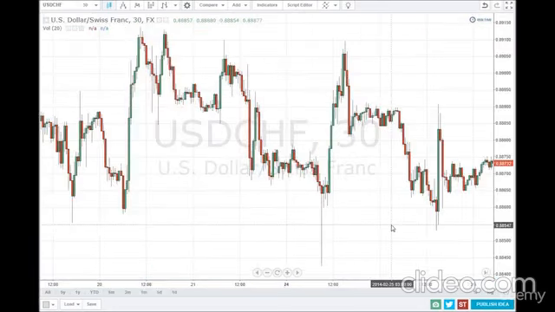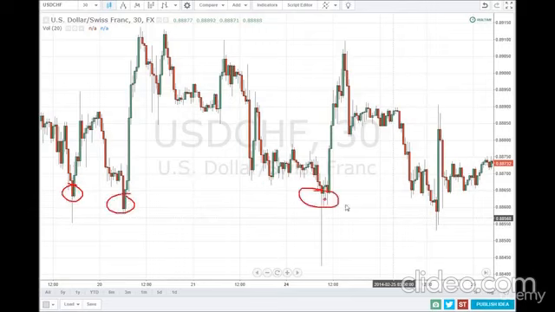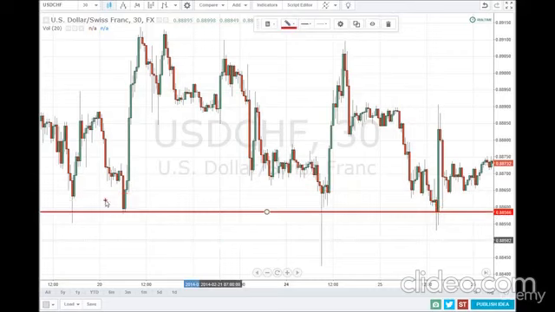This is a 30-minute chart of the US dollar Swiss franc. On this 30-minute chart we have an example of horizontal support. Price has been rejected 4 times on a support area. If we mark this with a horizontal trend line, it should be more clear. We have 4 clear rejections. 1, 2, 3,